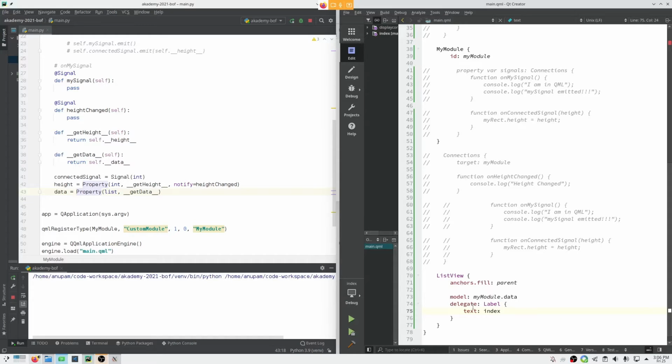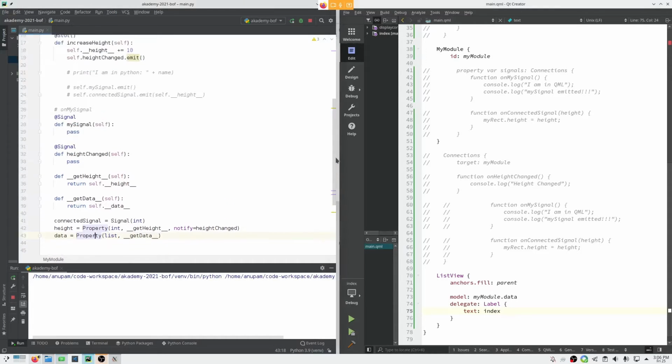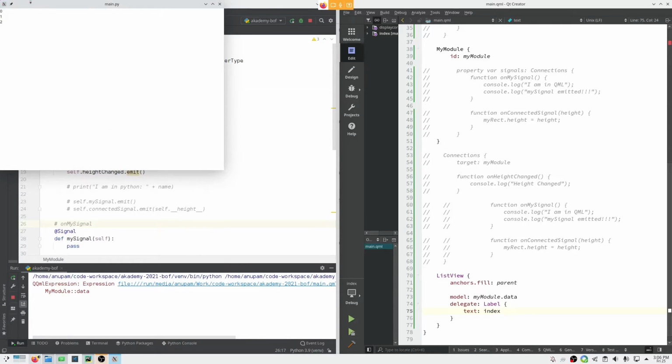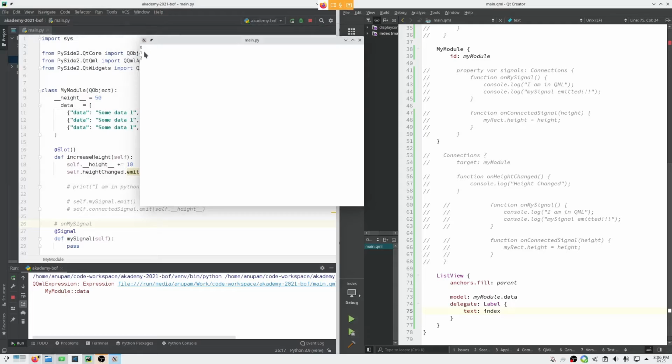So if I run this, it should have 0, 1, 2, because there are 3 objects in the list, and for each of the objects I created a label with index. It should run as expected. So it's showing 0, 1, 2 for each of the data.